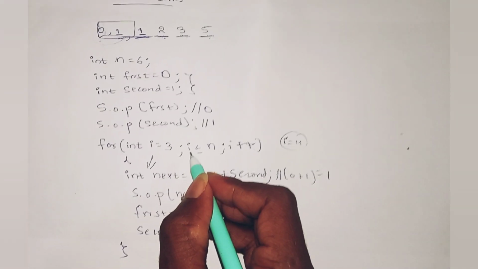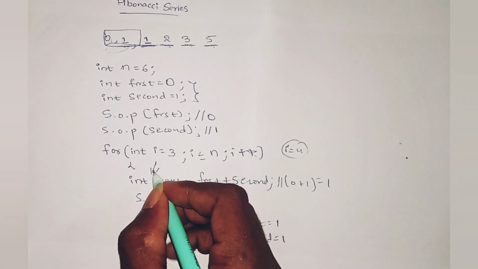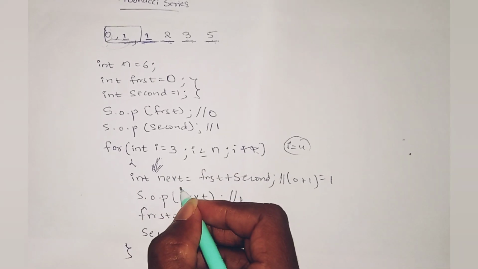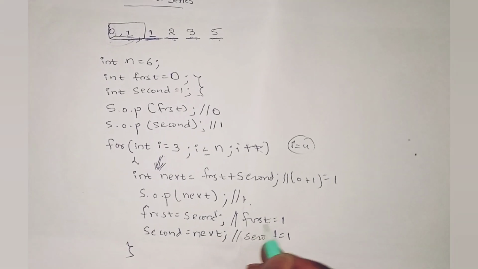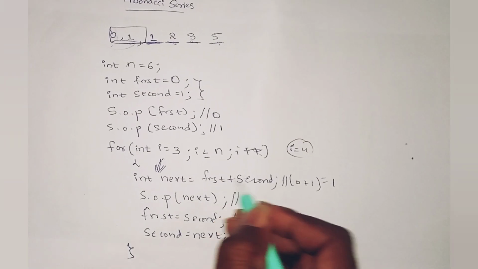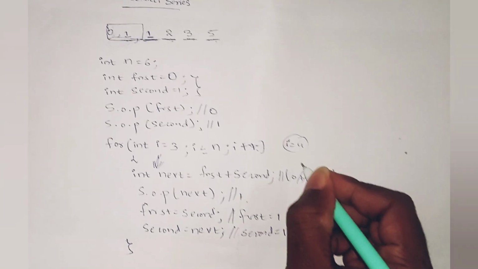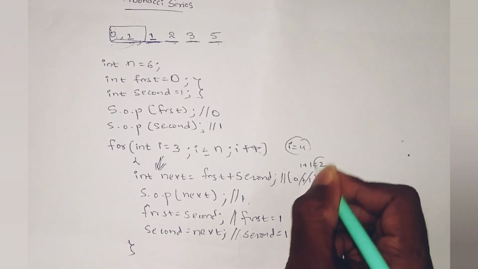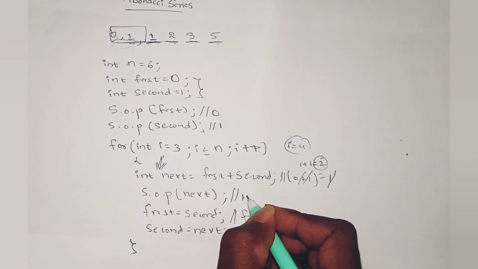It checks for the condition: 4 less than or equals to n. n is 6. 4 less than or equals to 6. Condition is true, so it enters into the loop. And next, what happens? next equals first plus second. So updated values are first equals 1, second equals 1. So 1 plus 1, 2. 2 gets stored into next, and if you try to print next value, it gives you